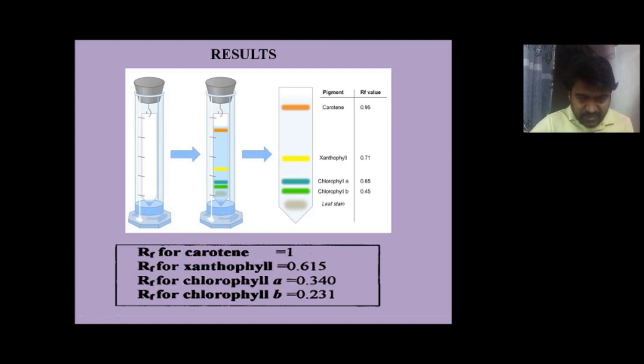It means that the pigment which appears very close to the loaded sample has a low RF value and higher molecular weight, and the pigment which appears at the extreme end of the chromatographic paper has the highest RF value and a lesser molecular weight. Okay, so these are the interpretations you can draw. And students, please keep these values in your mind. Keep the sequence of separation of the plant pigments from the spinach leaf in your mind with respect to their color. Okay, so thank you once again.